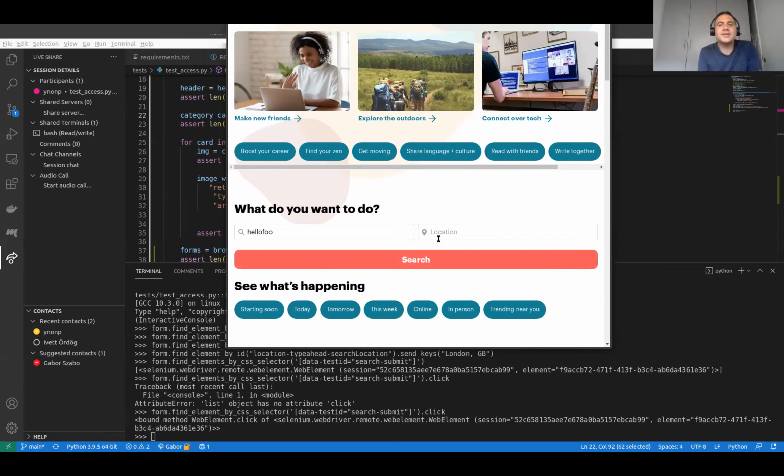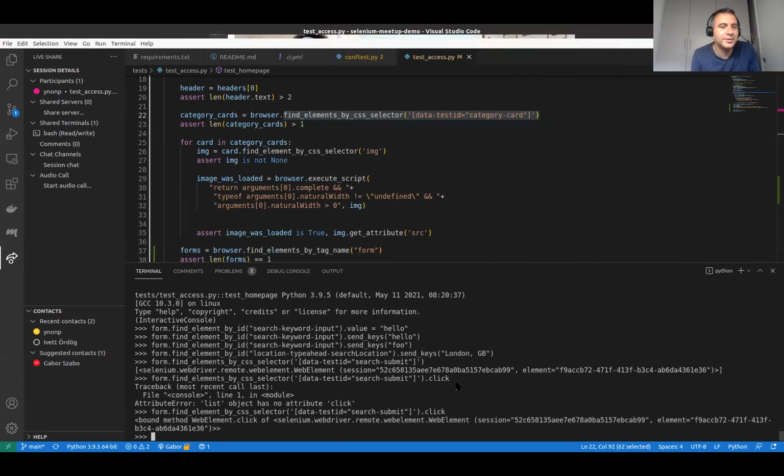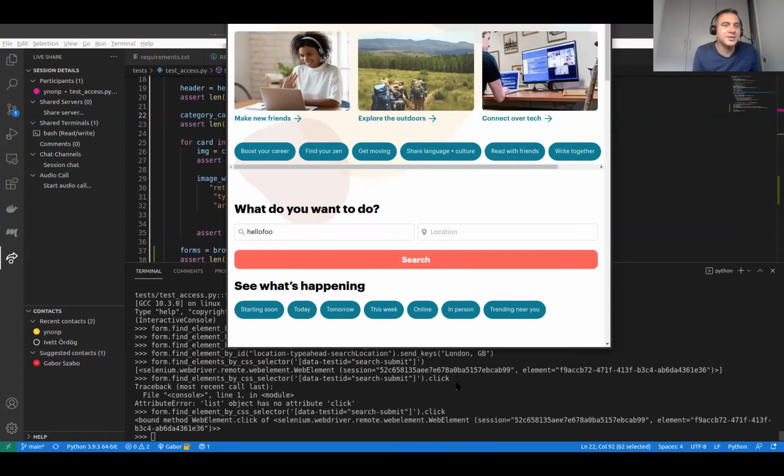This is the design. This is how their system works. You can't type in a value in location. You need to select from a list. It's just a weird way to create this component. No, this is not a bug. This is a feature. This is how the system works.